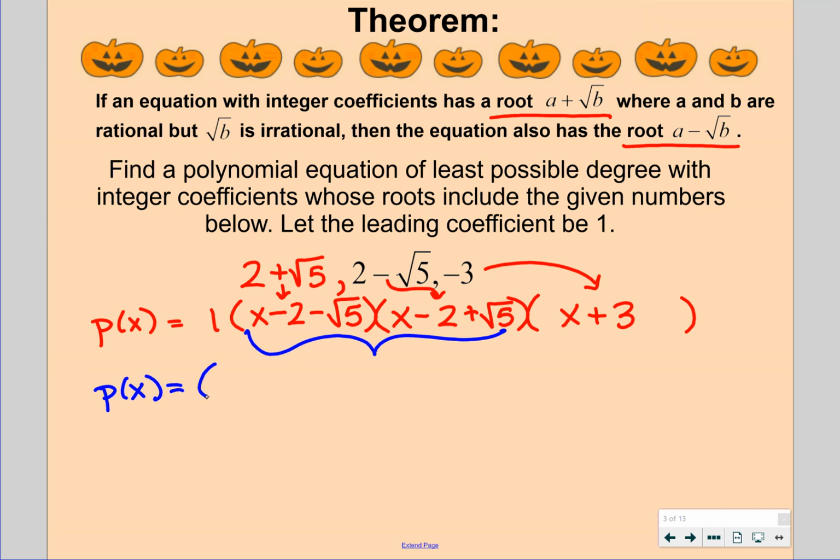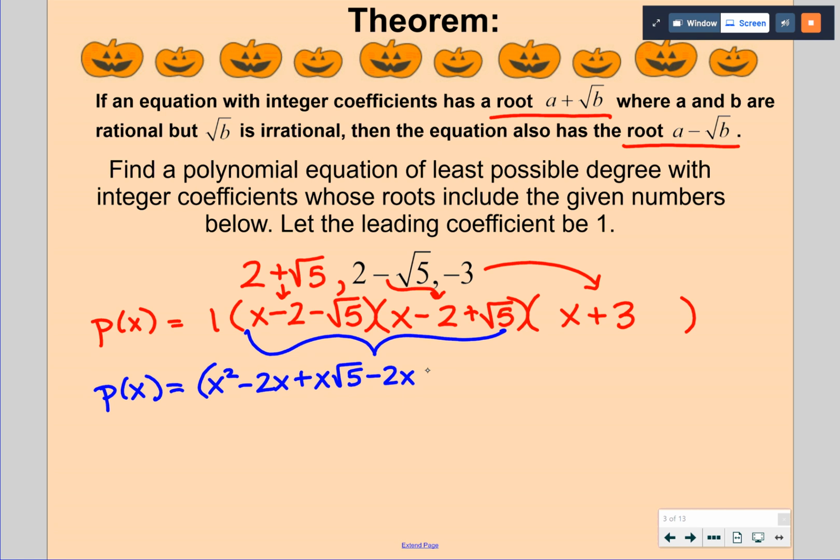I'm going to distribute x times everything in the middle parentheses. That gives me x squared minus 2x plus x rad 5. Okay. Then negative 2 times everything in the second parentheses. That's a negative 2x, a positive 4, and a negative 2 rad 5. And then finally, negative rad 5 times everything in the second parentheses. That's a negative x rad 5, a positive 2 rad 5,